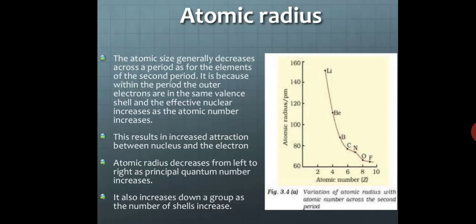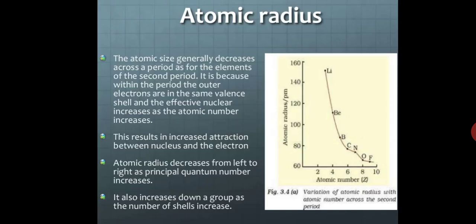As the nuclear charge is increasing, it will pull the electrons towards itself. Isn't it? The electrons which are there in the shells, it will pull them towards itself, due to which the atomic size is going to decrease. Accordingly, the effective atomic radius decreases. Got it? So hence when you move from left to right across a period, it is affected by nuclear charge. It depends upon nuclear charge.